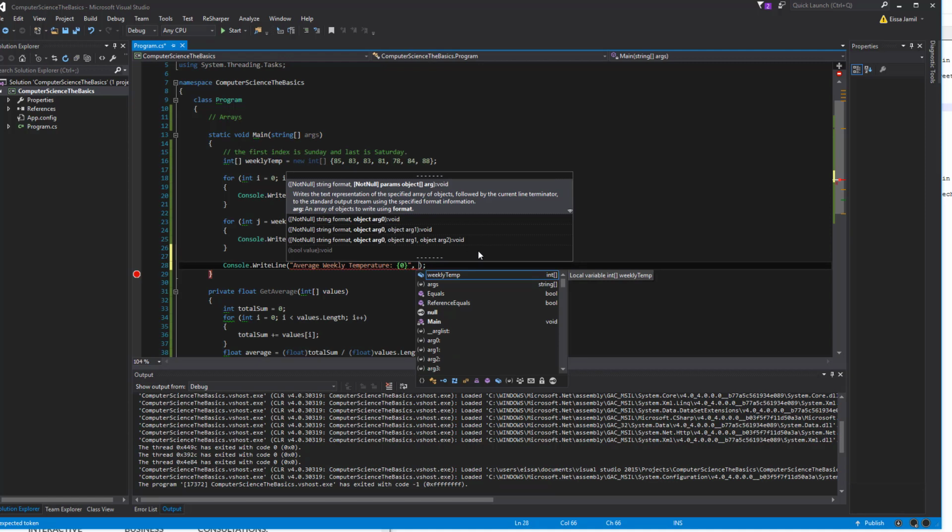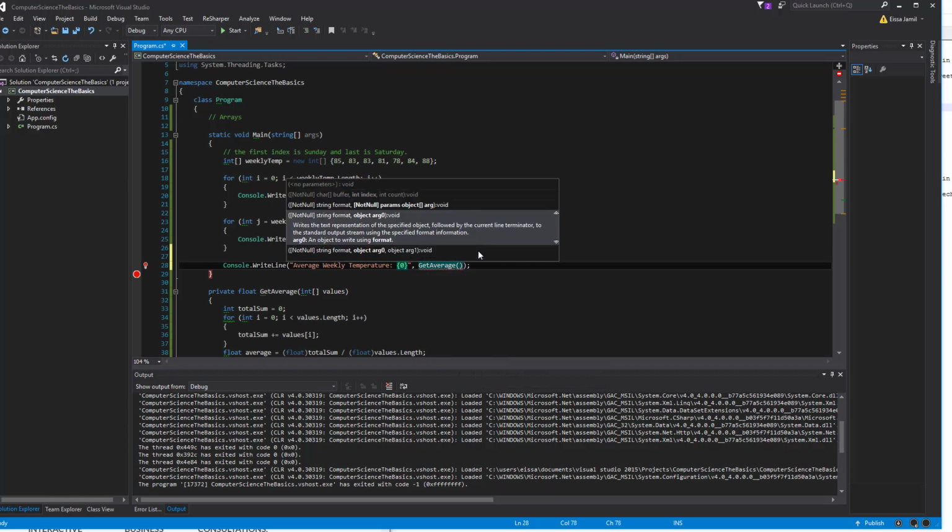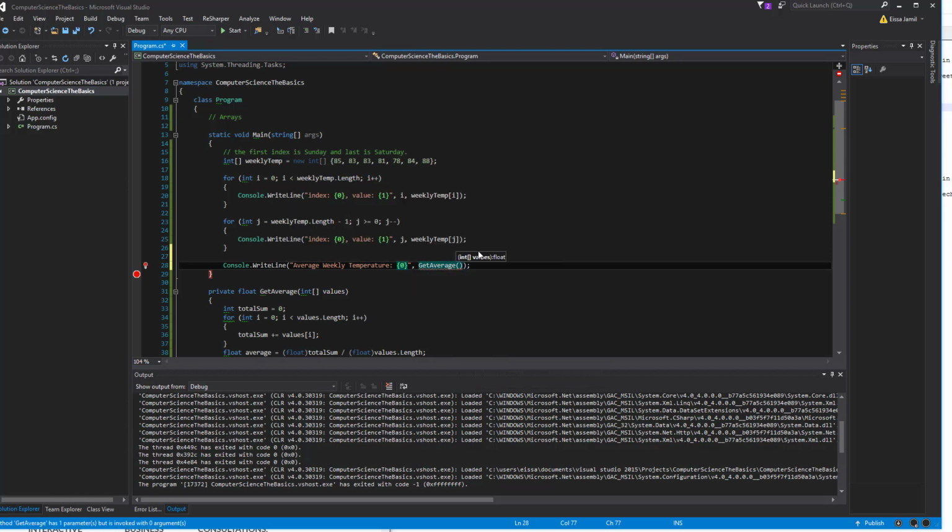And I'm going to say GetAverage, okay, and I'm going to pass in weeklyTemp. Now we're getting an error here. That's likely because